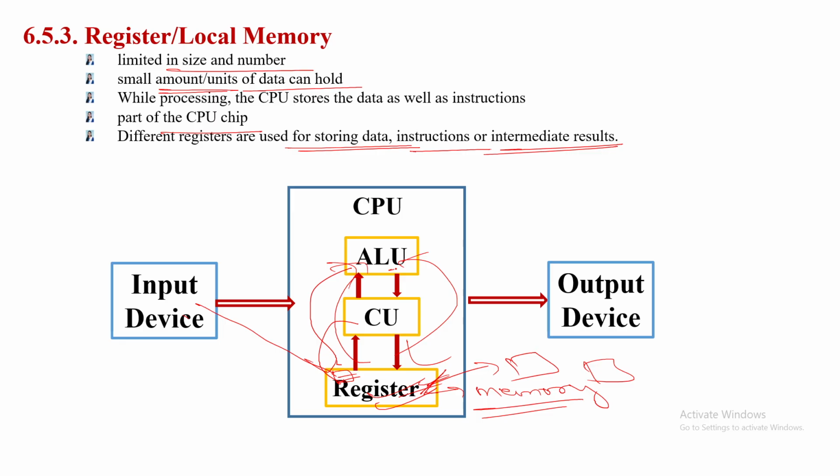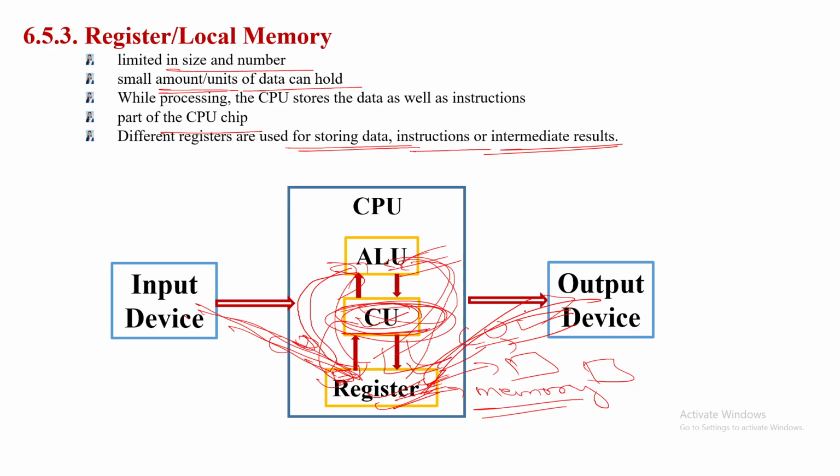Then again the ALU solves this problem and sends it back to the register, and the register sends it to the output device, right? And the CU, the control unit, is inside, like a mediator between the ALU and the register. Here also, from the input device to the registers, whenever we send data for temporary storage, the CU is here to control that data one by one in sequential order. That is the control unit's work. And when the register sends to the ALU, and the ALU sends back, the CU will control it too. Now after getting the result, the register's work is to send the data to the output device. That time also the control unit is here to control the data one by one,